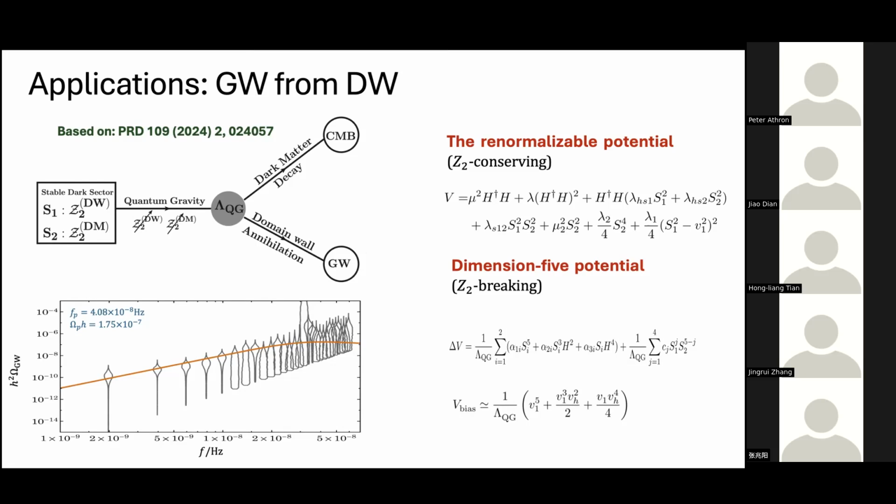The other important issue that we wanted to address in this work was to explain the NANOGrav result, and as can be seen from the plot in the left bottom, we were able to explain the NANOGrav result with a certain choice of parameters in our model. Now let me talk a little bit about the model itself. As I said, we had two scalars, so one can write all the Z2 conserving interactions. One can think of the following interactions in the scalar potential, and as I said, S2 is our dark matter. That's why it does not get a vacuum expectation value.